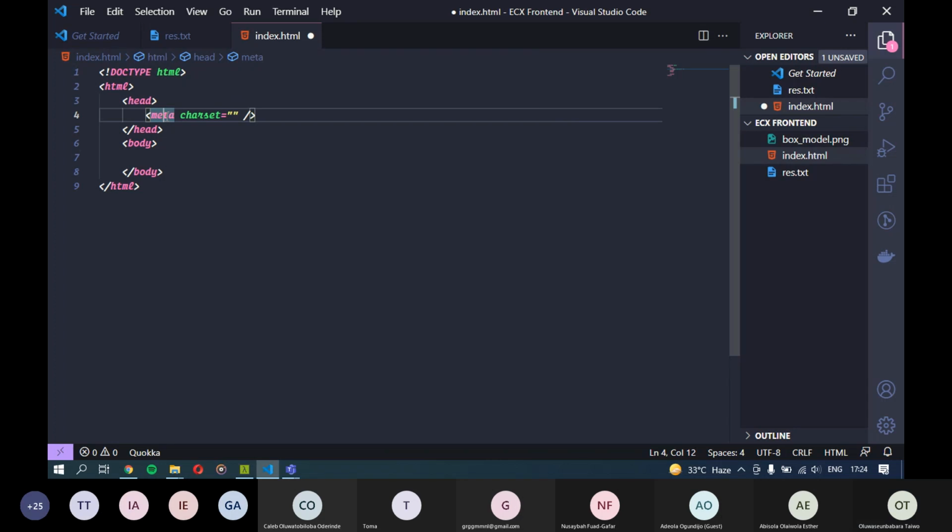Just like you have a dog and you want to say the dog has a certain color, or the dog is of a certain age or a certain gender. That's basically what attributes are. So here we are trying to give the meta tag the attribute of character set, which our browser needs to decode what is in this file. Now the character set is going to be UTF-8. You really don't need to bother much about all these ones, because they are just standard things that you have to add to every web page for your browser to parse it correctly.